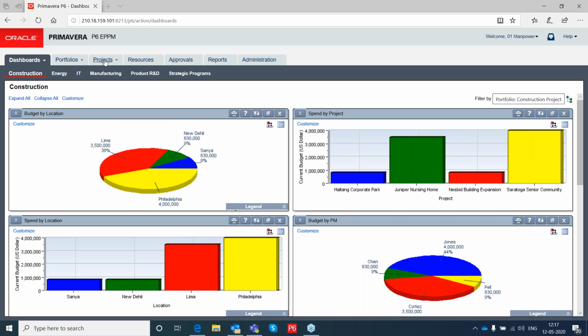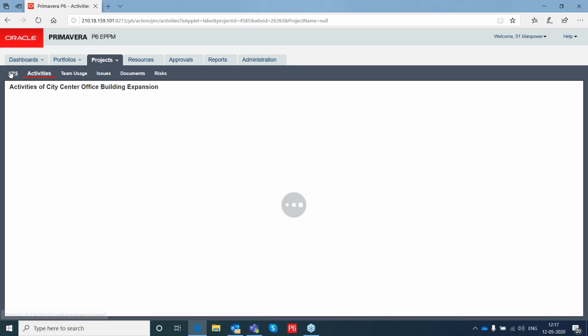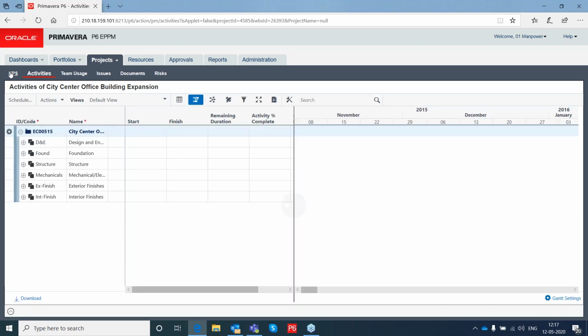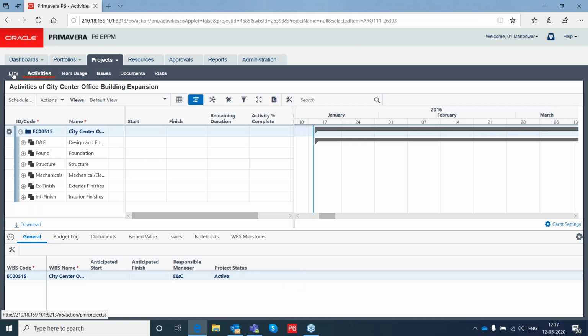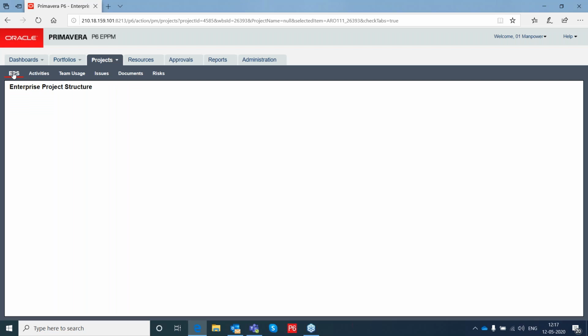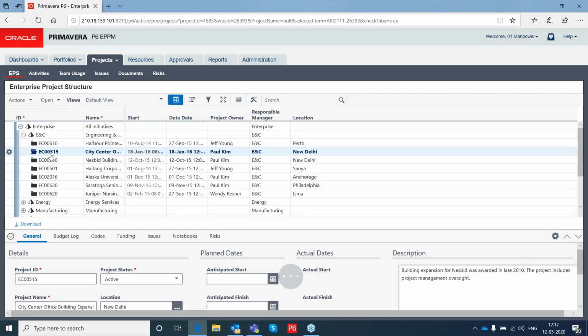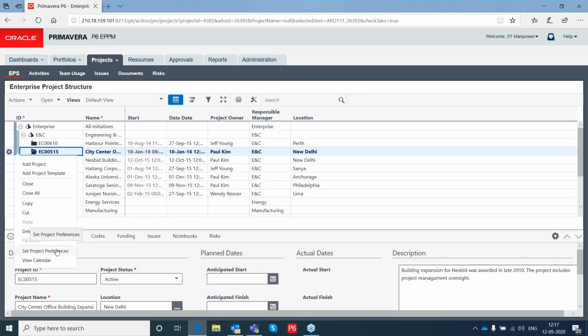Sir, I faced this problem yesterday only. I had a resource in which I put the standard rate as 100. I was just practicing this, and besides that, I also inserted the price per unit as, suppose, 50. Then when I assigned that resource to an activity and scheduled the project, Primavera was calculating the budgeted cost based on the standard rate, not on the price per unit. Might it be that at the project level I have not selected price per unit? Is that the reason, sir?